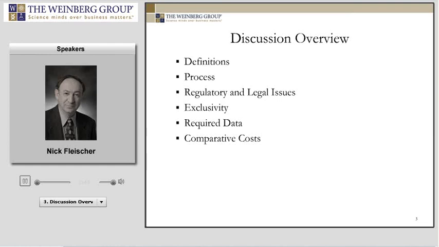Then we'll also talk a little bit about the required data for both of those applications, and we'll end up with a comparison of the costs that may be involved in deciding on which of these pathways one would decide to use in getting regulatory approval from the FDA.